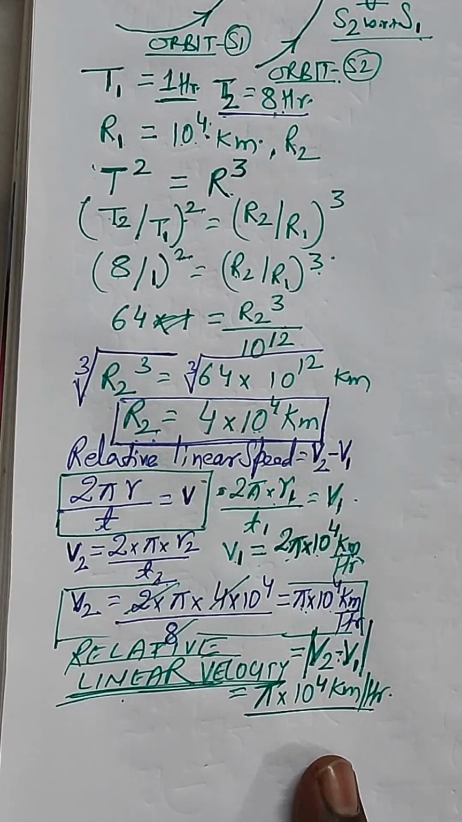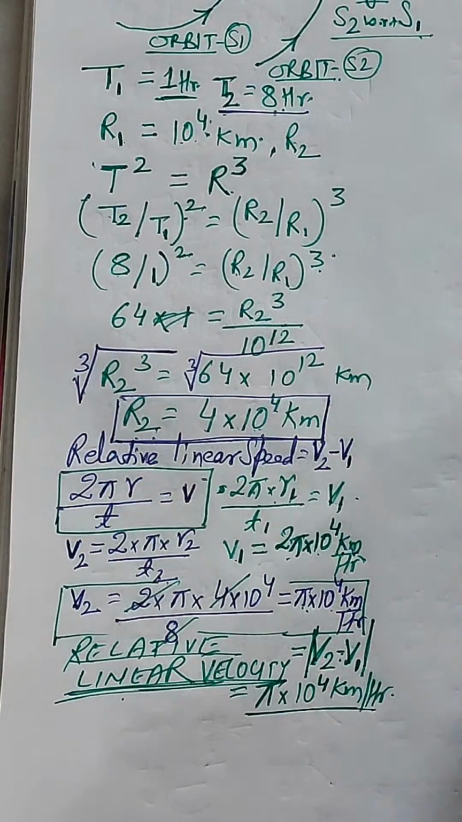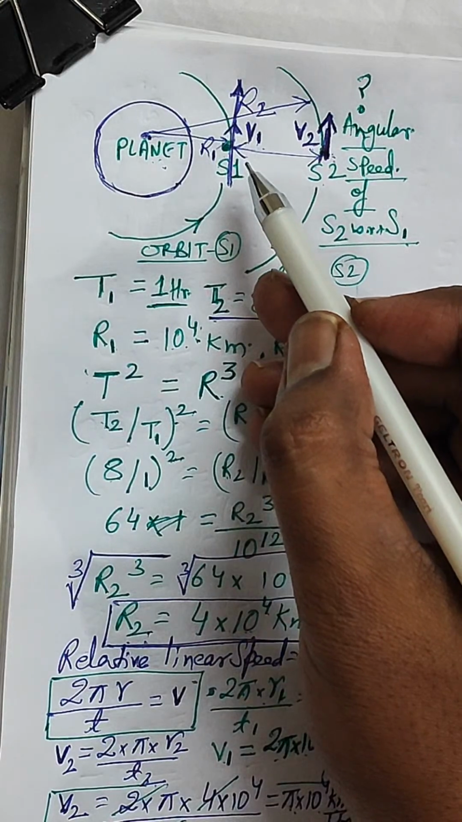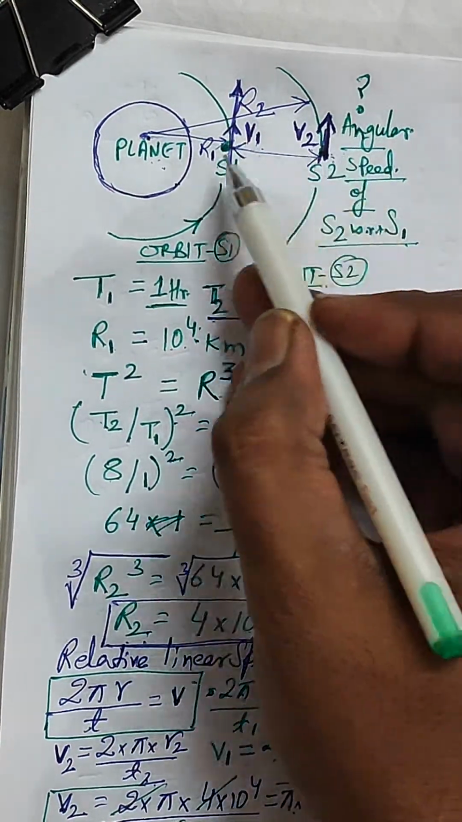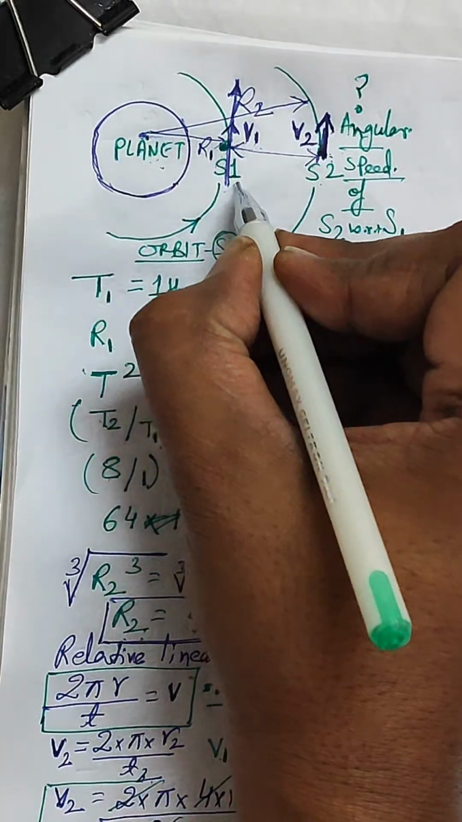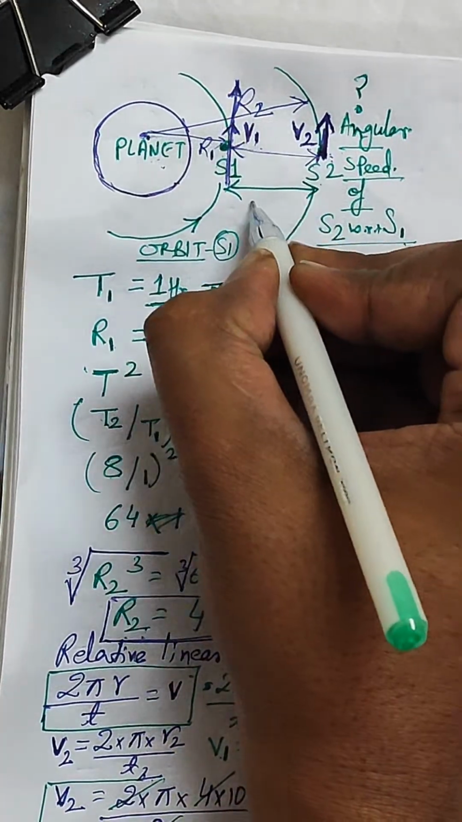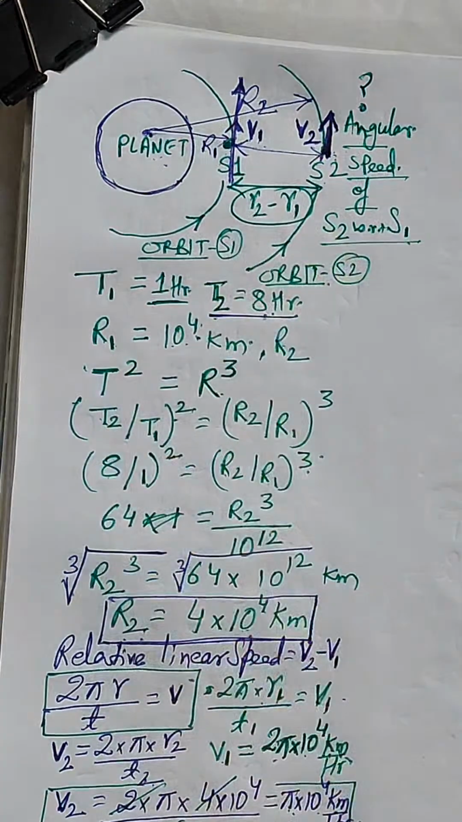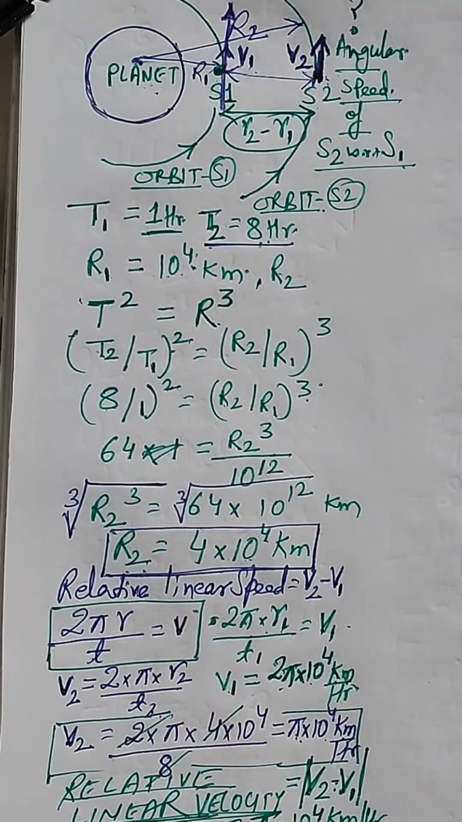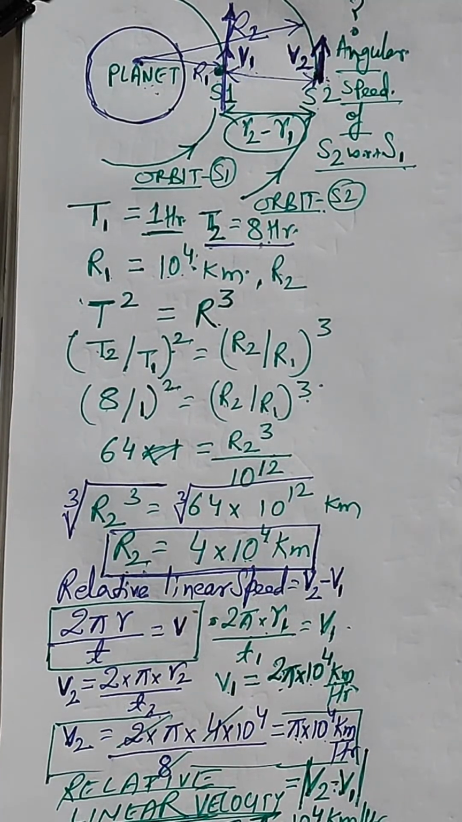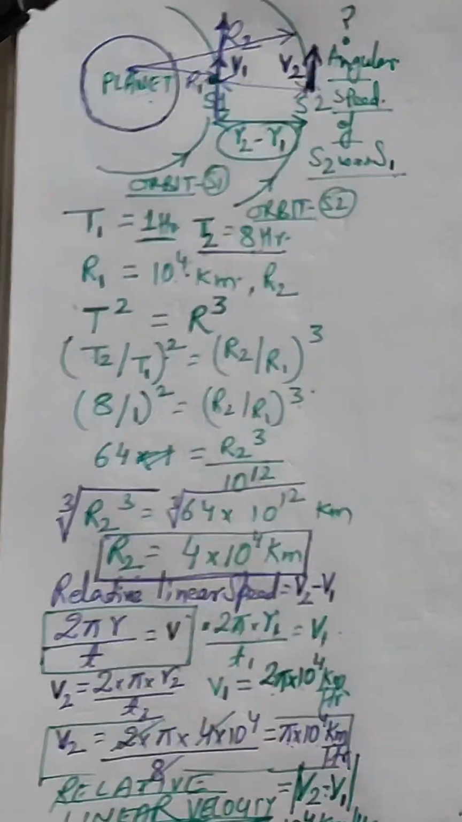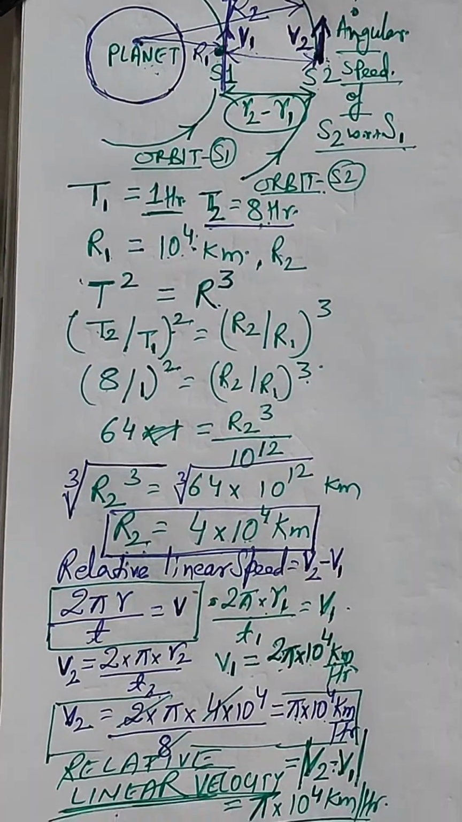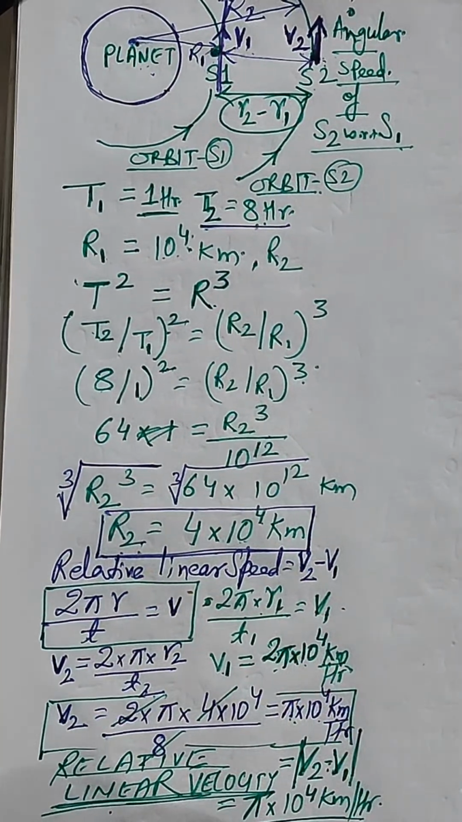Now, as seen from S1, this position, the satellite S2 is at a distance of r2 minus r1. So this distance is nothing but r2 minus r1, right? So when you are going to calculate this relative velocity, this r2 minus r1 needs to be taken care of,